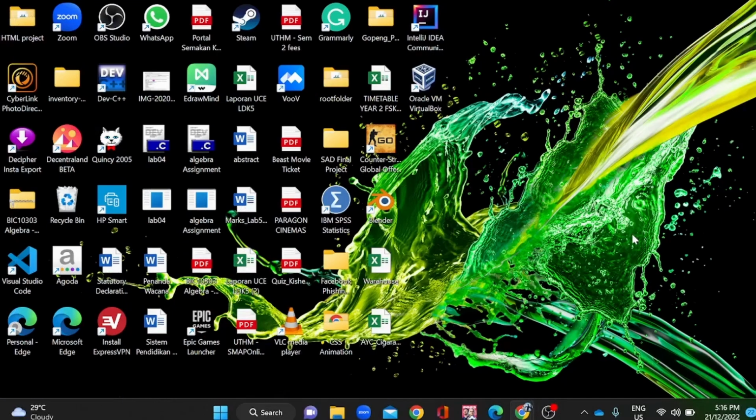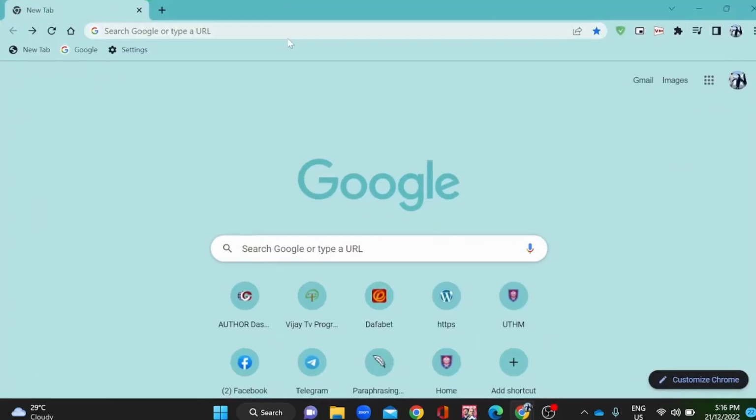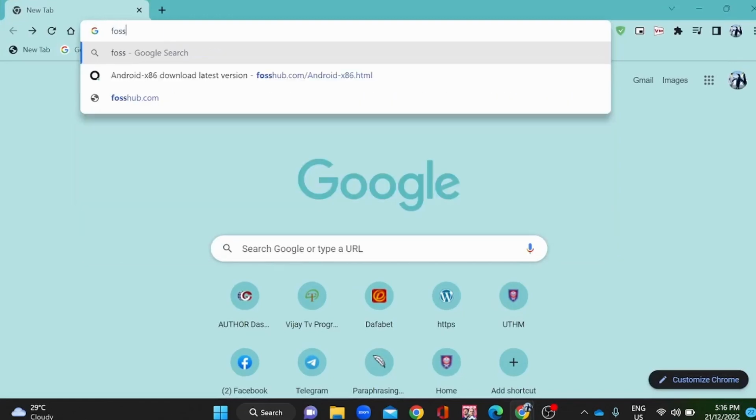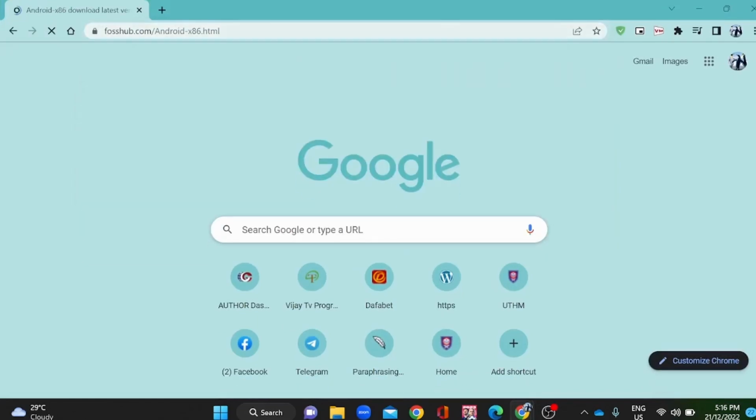For task 1, we will need to install two virtual machines. The first virtual machine would be an open source mobile operating system, which is Android, and the second virtual machine would be an open source operating system, Contiki, which is used for low powered IoT devices. So to install the first virtual machine, we must go to the browser and go to FossHub to download